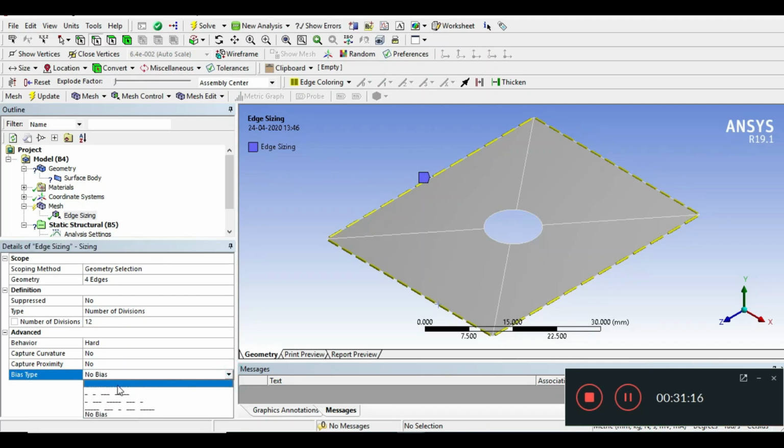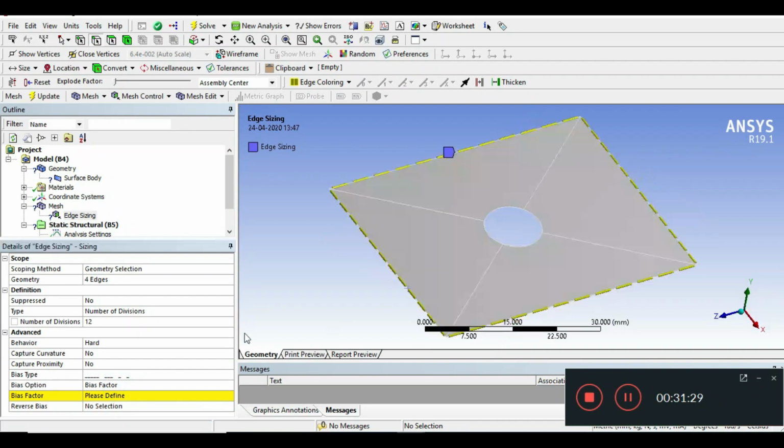So here there are 4 options: first, second, third and fourth. So select the first option here, and after selecting the first option, there are 2 options in biasing option: the biasing factor and smooth transition. So select biasing factor, then if our biasing factor is suppose 5, then see the difference.